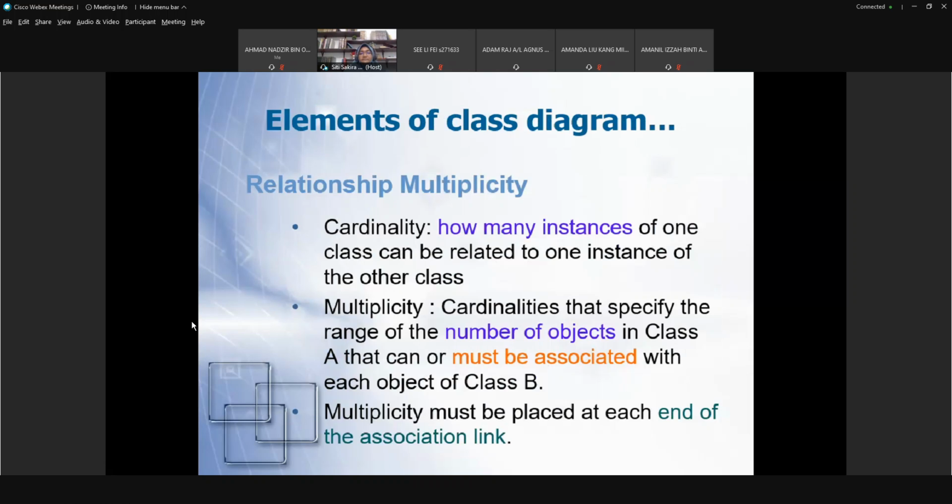Next is the multiplicity, right? Cardinality, multiplicity. What's the difference between cardinality and multiplicity? Cardinality is how many instances of one class can be related to one instance of the other class, right? So that is cardinality. So when we say cardinality, then the multiplicity is the part of the cardinality, right? So multiplicity,